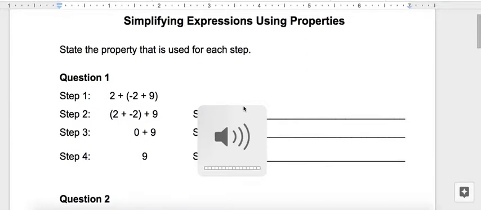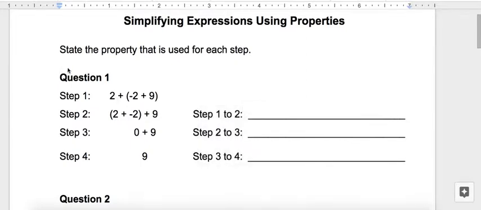To my video on simplifying expressions using properties. So we have to state the property that is used for each step. So it says step 1 to step 2. So study step 1, study step 2, and if you notice,